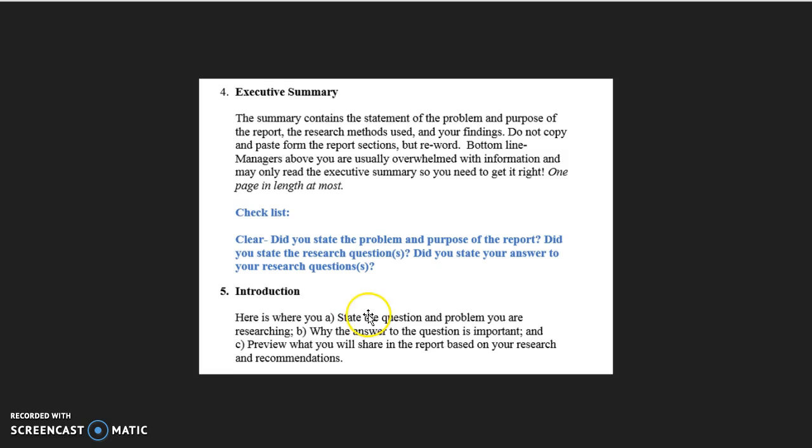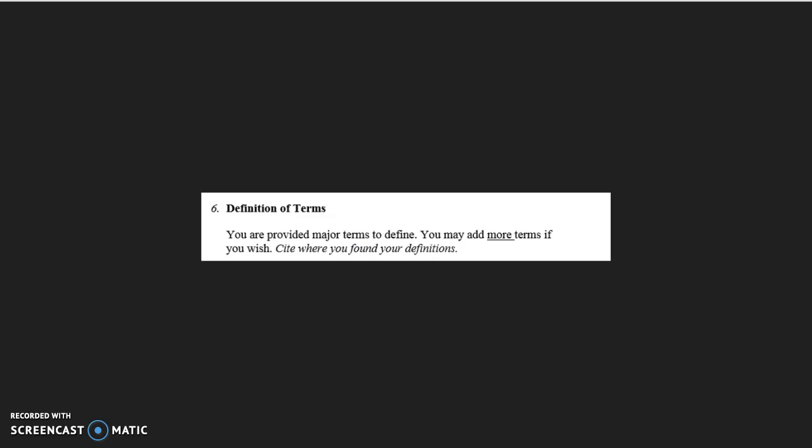On the introduction, I've given you the 3 items your introduction should include. I would like you to cite where you got the source for the definition of the terms that you're using in your report.